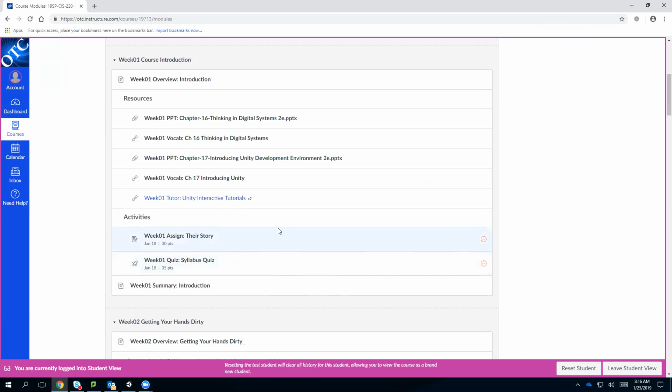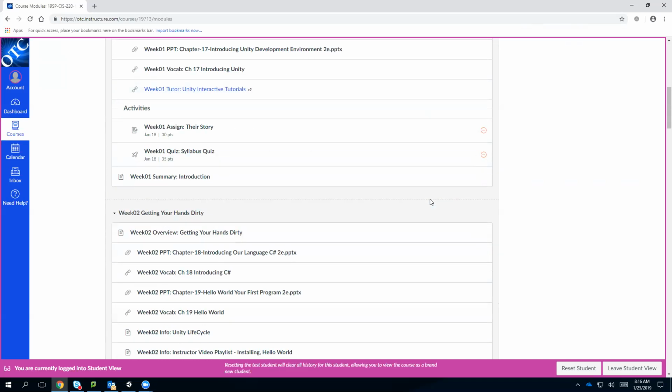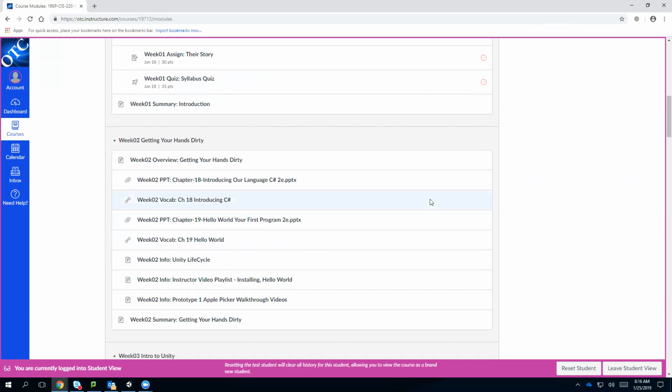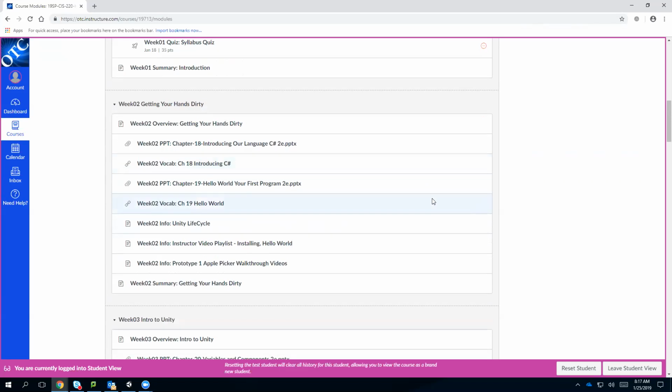So these things are really helpful for you to go through. They're going to help you take a leaping start so that you know some of the background on Unity and how to use some of the tools, because it's really got a lot of great tools. So week 2, where we are really getting started, the textbook sections that we're looking at here are C#